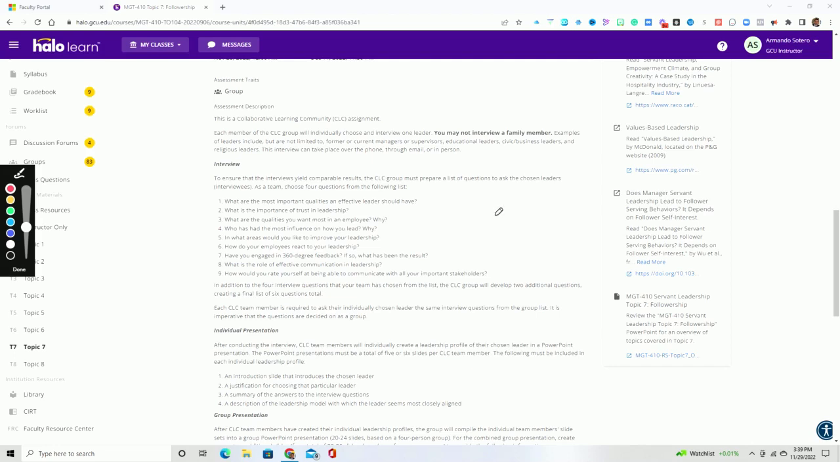However, you can get the data to put your PowerPoint together. That is okay with me. So you're supposed to develop with your team a total of 4 interview questions from this batch of 9. And then in addition to that, you're supposed to come up with 2 additional questions that the team wants to ask. So in total, you would have